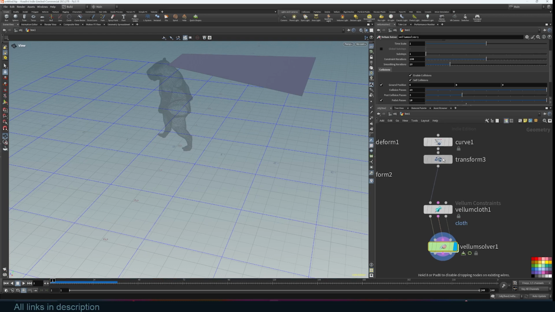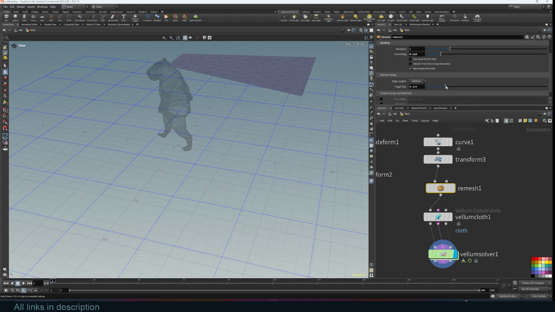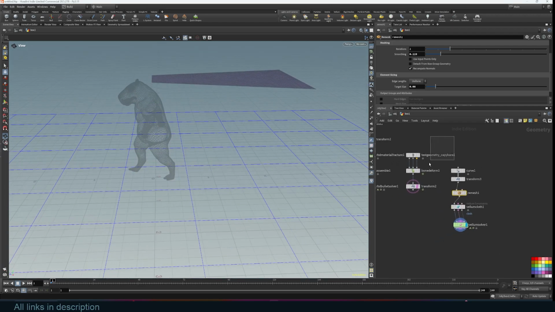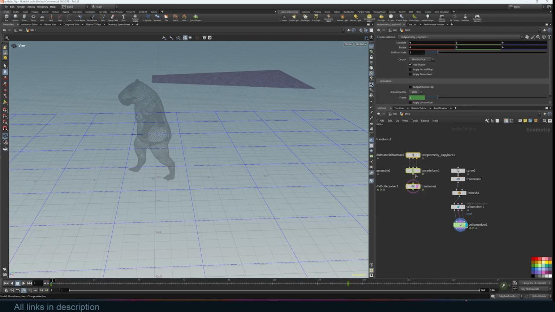So I'm going to come back here, and there is a remesh node that can remesh the mesh, and I can change the resolution, and perfect. Now I'm going to also use my capybara as, let me just put it on the left here,